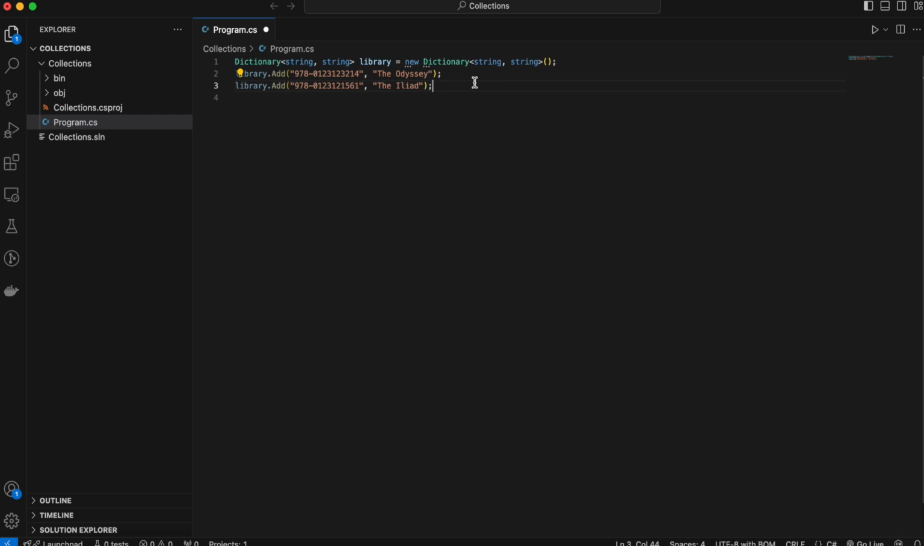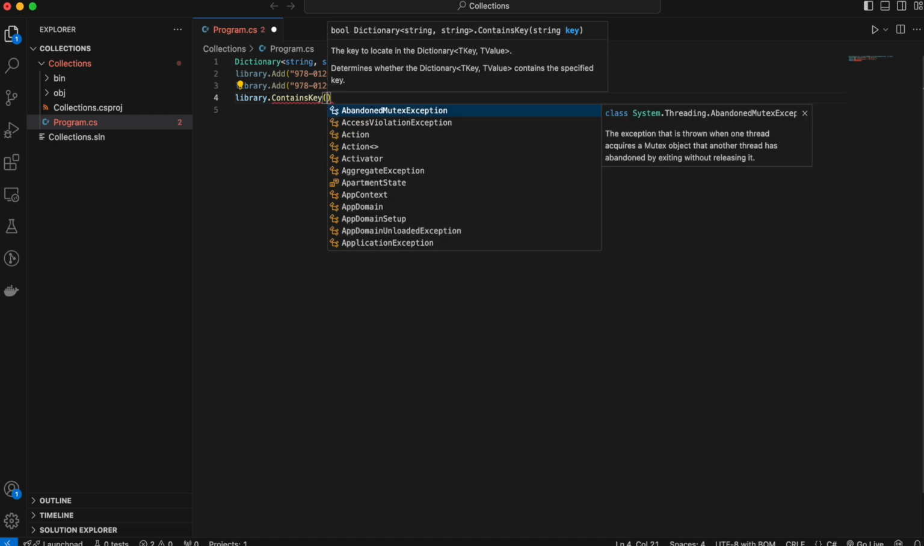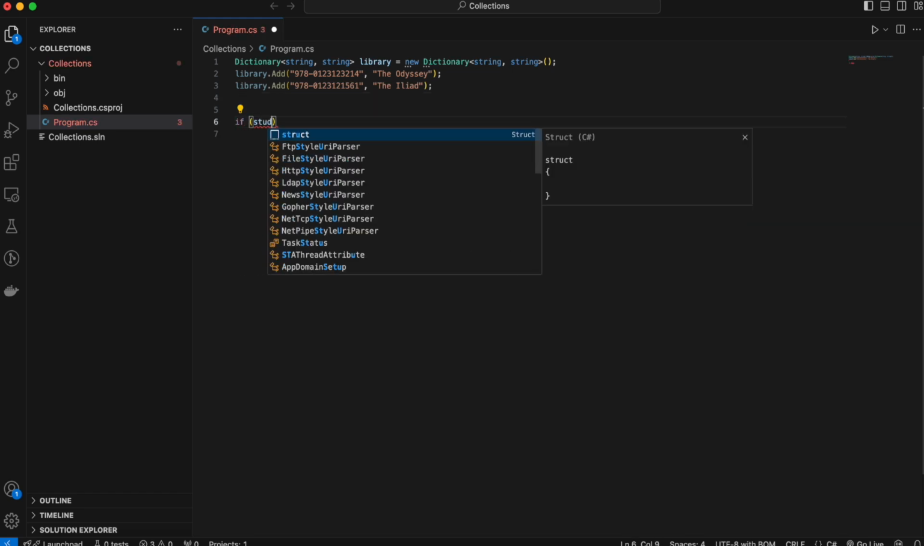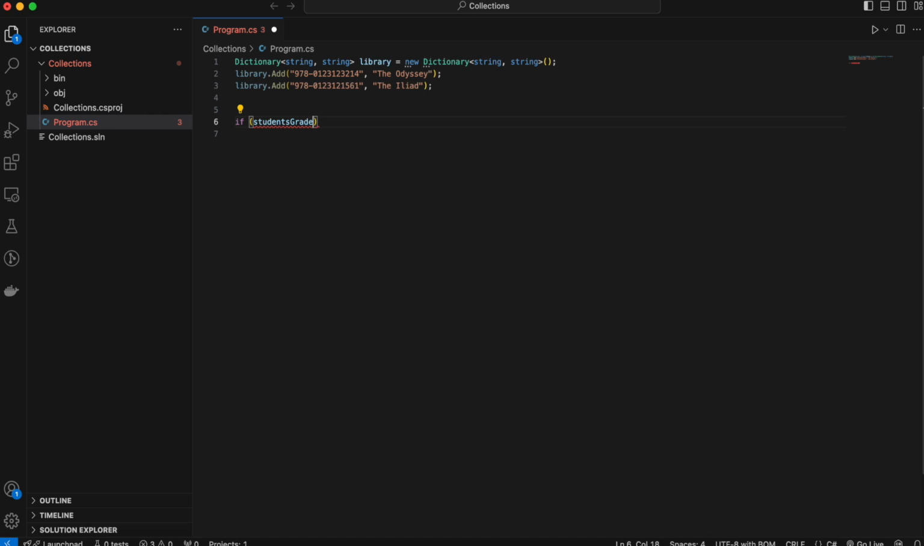As a best practice, you can use a dictionary with key value when fast lookups by key are required. Be sure to check if the key exists using the ContainsKey method, for example, library.ContainsKey, before trying to access it to avoid runtime exceptions. So for example, to simulate a check, we can do something like if students grades